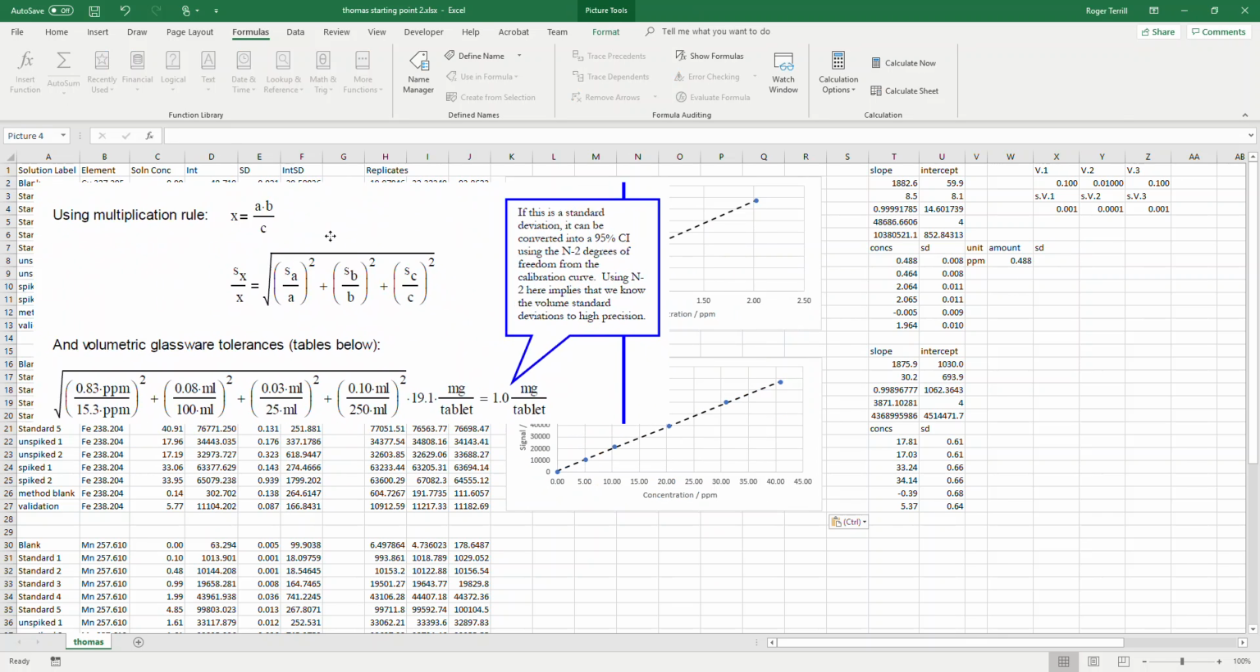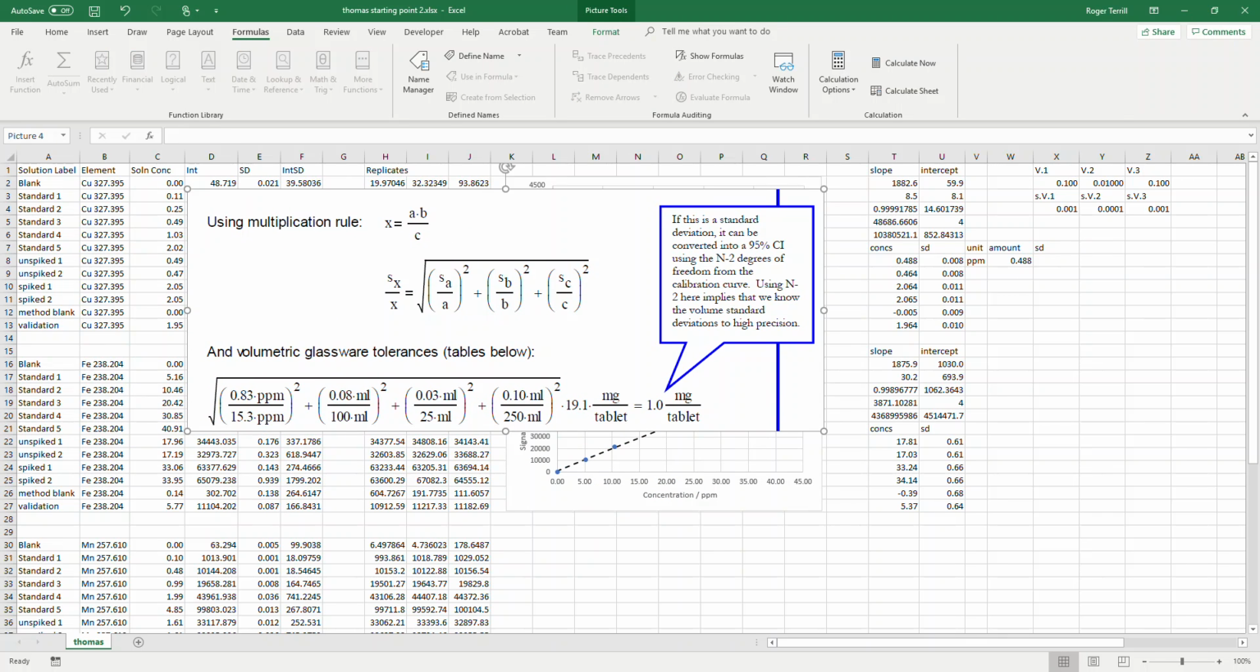This is from the lab manual, page, let's see here. This is page 78 of the numbers in the lab manual, or page 83 in the PDF. So this here is how to get the uncertainty if you have a number x that's equal to A